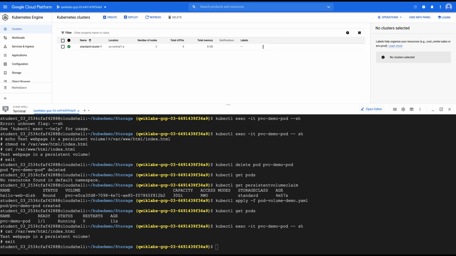Now as a next step, let's try to create some stateful sets with the persistent volume claim. We are going to use the persistent volume claim that we have created in a stateful set. A stateful set is like a deployment or a pod creation, except that the pods are given unique identifiers. So every time you create a pod, there will be a unique identifier given to it.